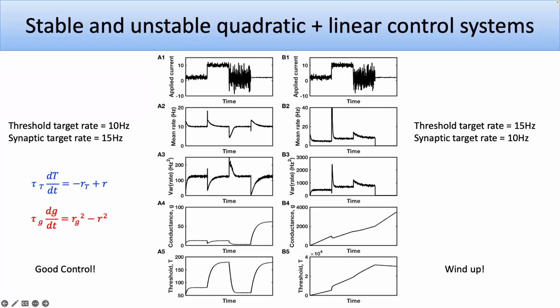If you switch the targets, which is trying to force the variance to be negative, then you get windup. Things can almost work or appear to be working, but at some point you see that here the conductances are just going up and up and up. Here one is going down, one is going up, but the cell is silent by here.